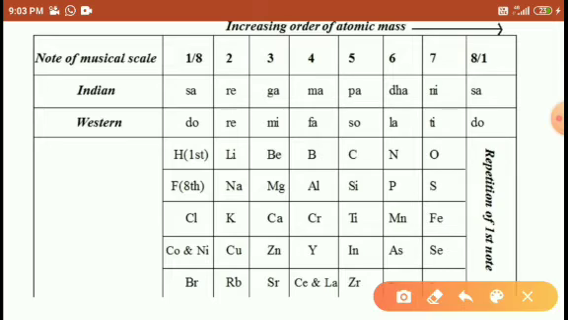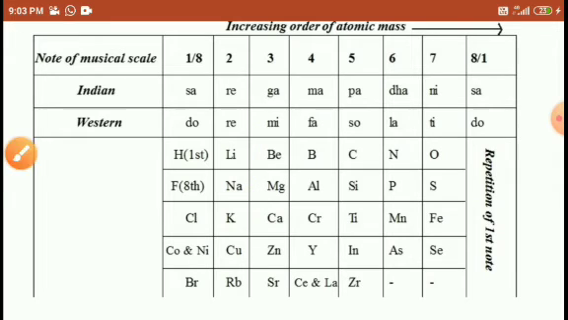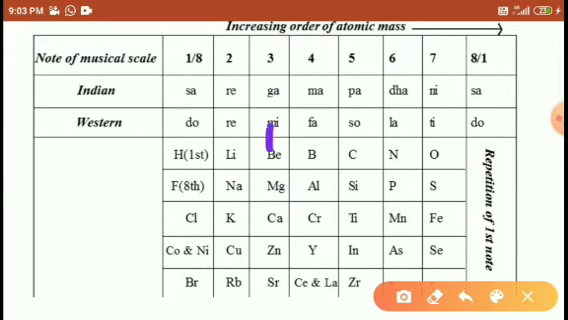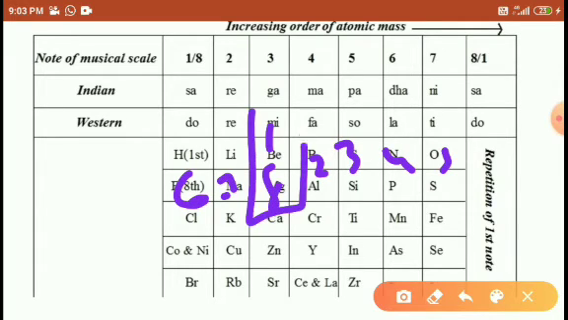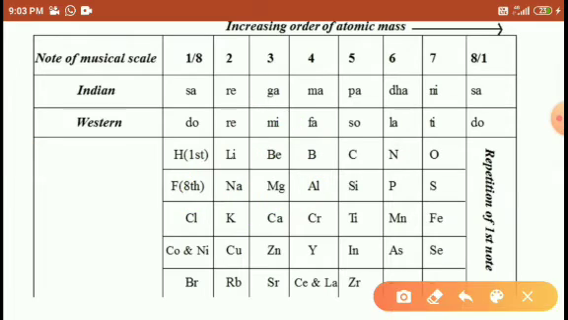Right. So if lithium is the first element, the eighth element is sodium. Similarly, if beryllium is the first element, then counting second, third, fourth, fifth, sixth, seventh, eighth, magnesium is the eighth element. If boron is the first element, the eighth element is